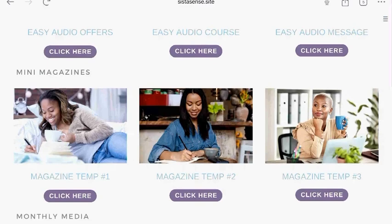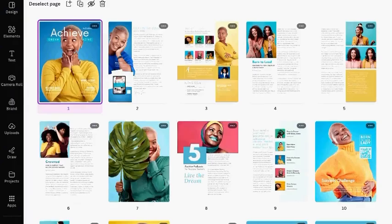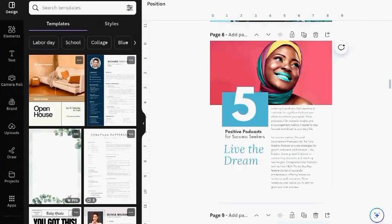But let's go to... I have to think about it. Like, which one was I at? Let's come back to this one, okay? So we're talking about structure. You can have 2-page articles like this one, or you can have 1-page articles like that one. Here is a really easy